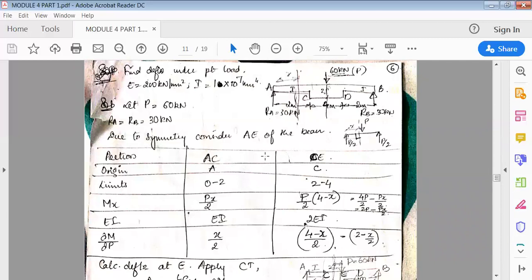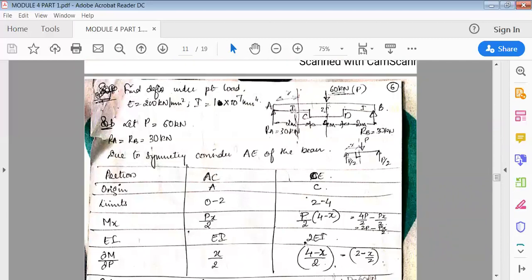Then I'll find the limits. In AC it is 0 to 2, CE is 2 to 4. Then I'll find the moments. So I'll cut this section here. Left side moments. So left side moments is,